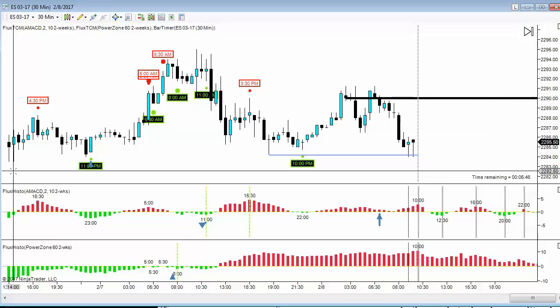Rate it on a scale of 1 to 10, 1 being a pretty crappy day, 10 being an amazing, wish I could have a day like this every day. And then I want you to go back and plot that on a chart. Put green dots underneath the days of the chart you're tracking where you felt really good. Put red dots on the chart on the days you felt really crappy.